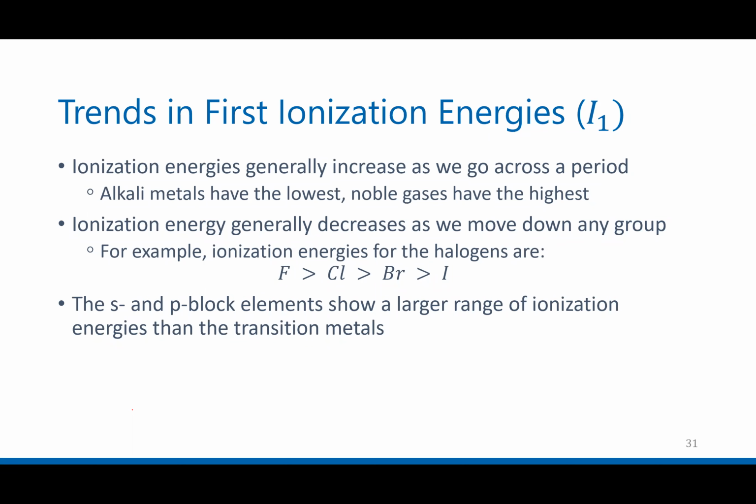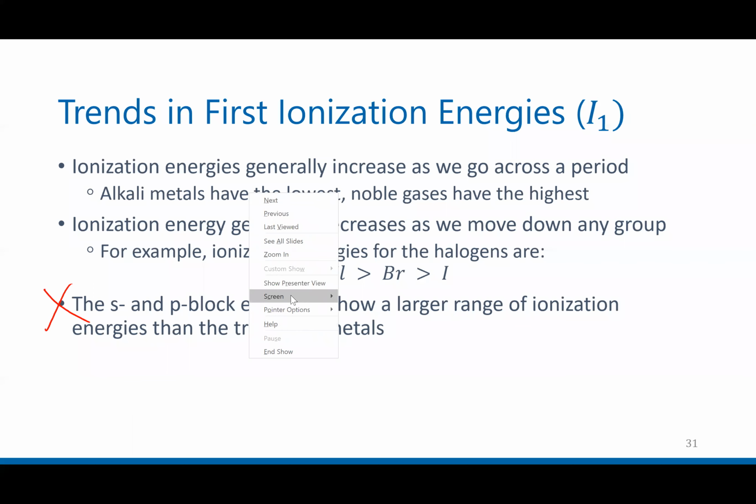That's not the best way to remember this, but let me show you on a graph. The bottom part you don't need to know, but it does mention that the main group elements, S and P, have a big range of ionization energies. The transition metals in the middle don't range as much. The difference between the numbers isn't as big. I'm going to check the chat in a minute. I can see some messages there. But let me just explain to you,